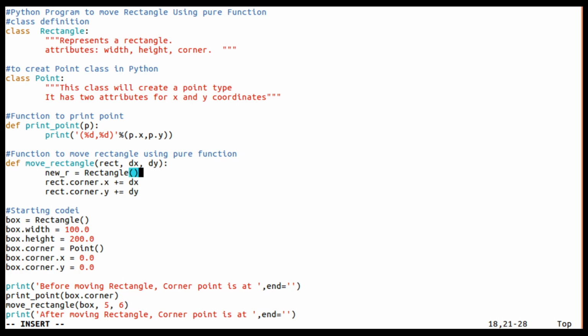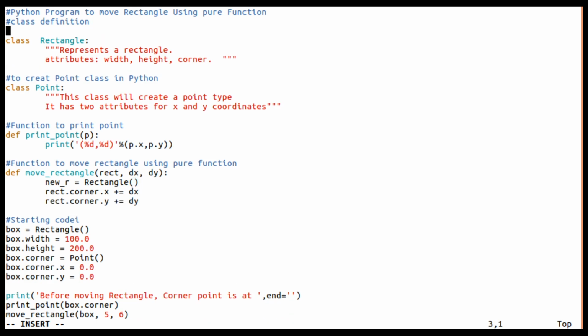Now we need to copy this, so I am going to import a module called copy. Instead of creating this directly, I am going to use copy dot deep copy.